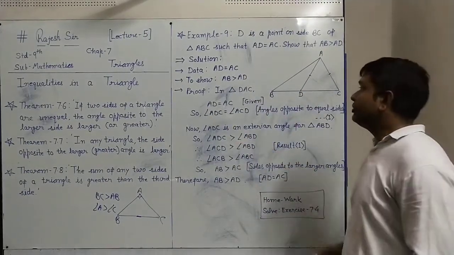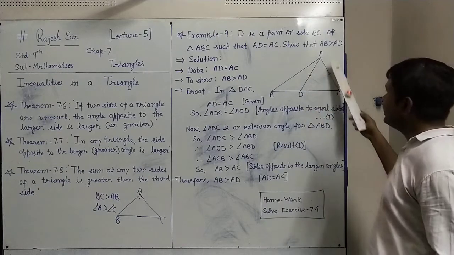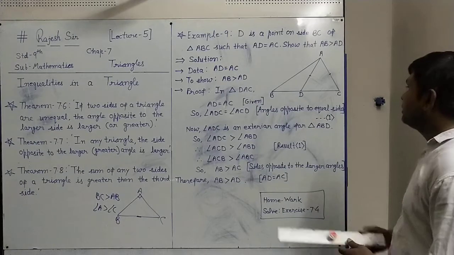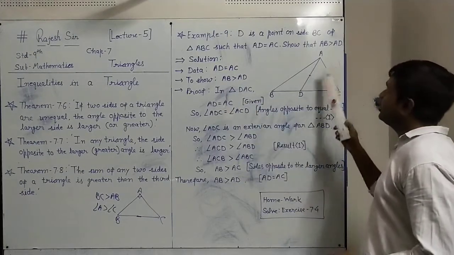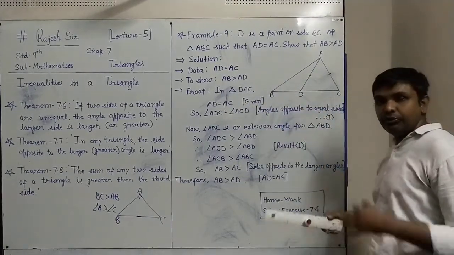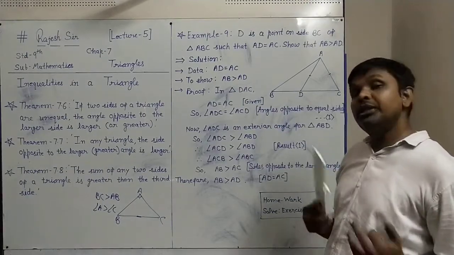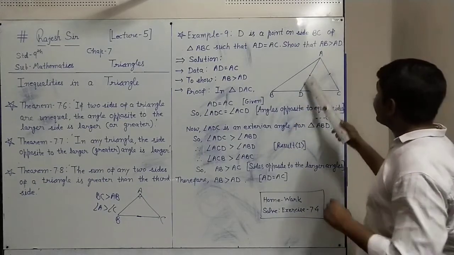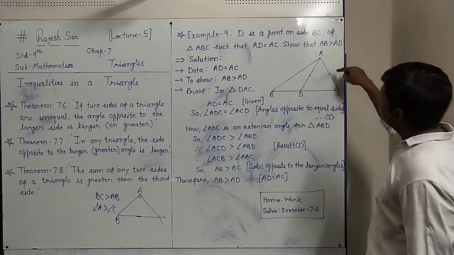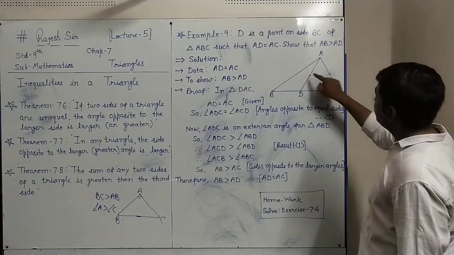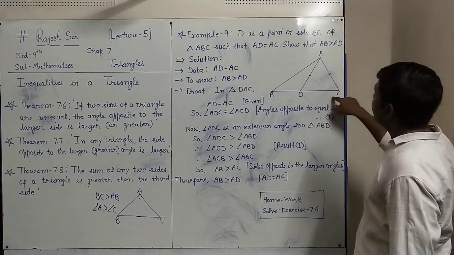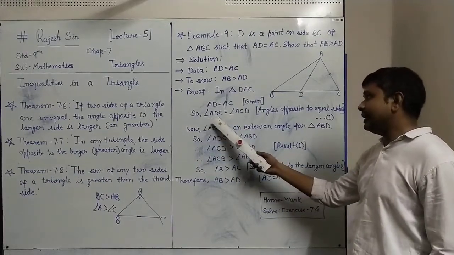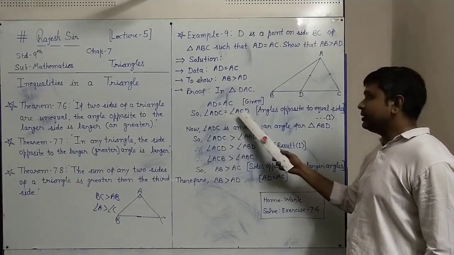So in the proof, we start with the triangle, this BAC triangle. In that, AB equals AC is given. If two sides are equal in a triangle, their opposite angles are equal. That we have seen in the last theorems. So if AD and AC are equal sides, their opposite angles are angle ADC and angle ACD. They are equal. We have shown that angle ADC equals angle ACD.